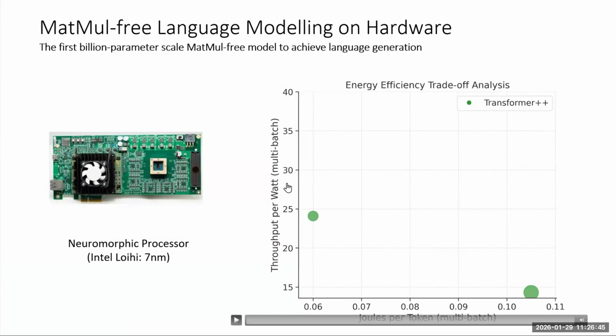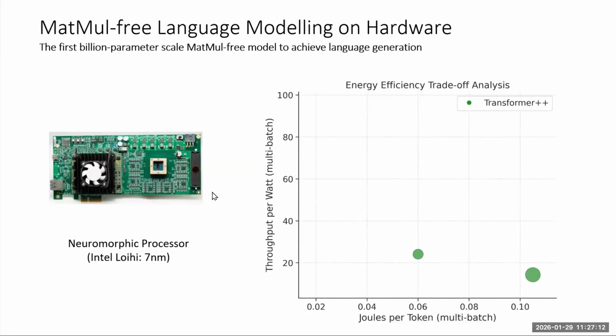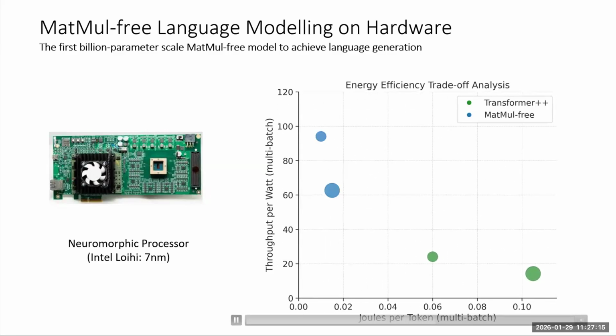On the y-axis, we have throughput per watt. How many words can I generate per second given 1 watt of power? Higher is better. So in this picture, I want to sit somewhere here. So forgive me for having such a VC-friendly pitch deck animation, but what you're seeing here now is Transformer++. This is what we're trying to beat. This is the 1.3 billion parameter model and the 2.7 billion parameter model. If I zoom out considerably, then I can see where the matmul-free model sits. And it's exactly where I want it to be.